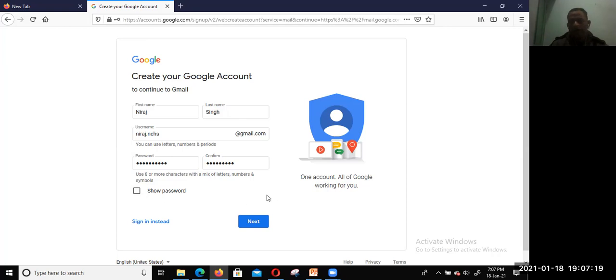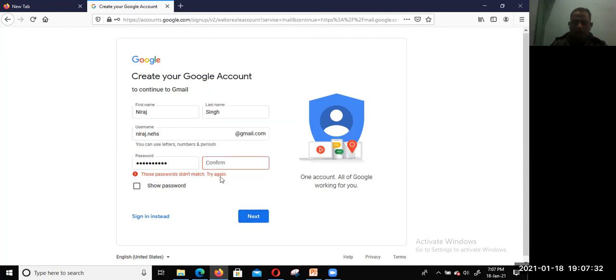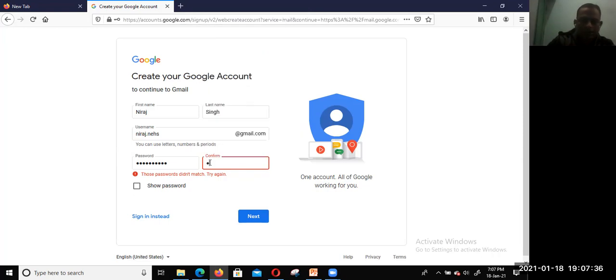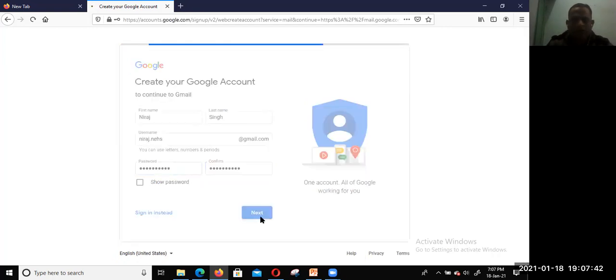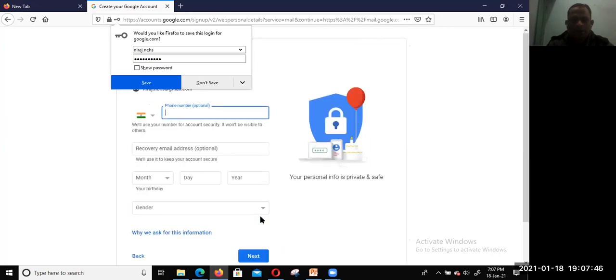After that, click on the next button. If I have entered the wrong password, you will see an error. You must enter the correct password.